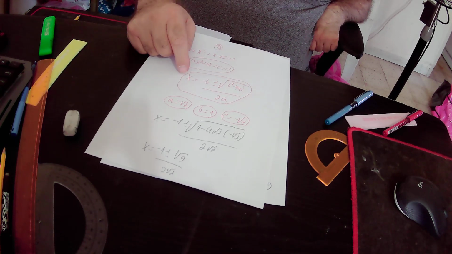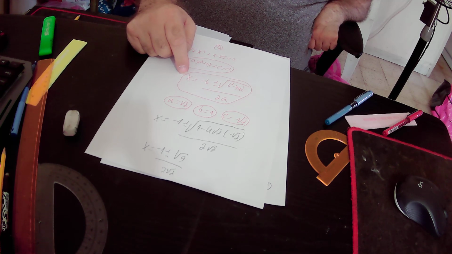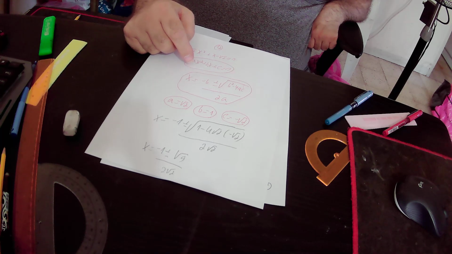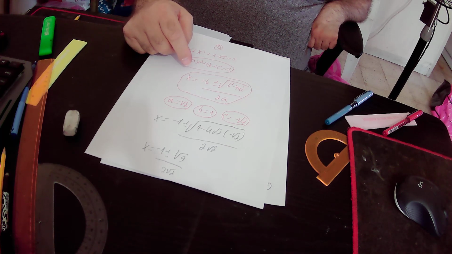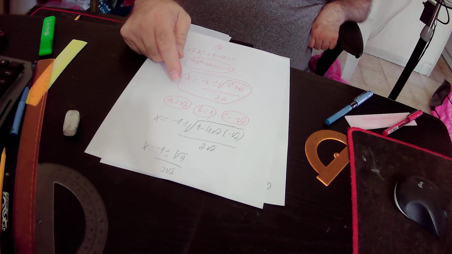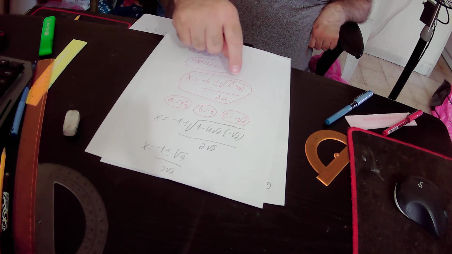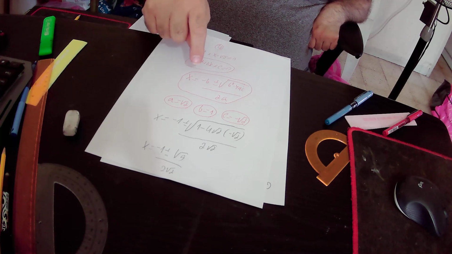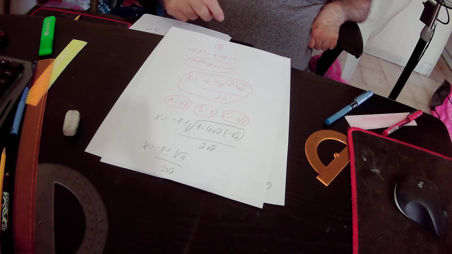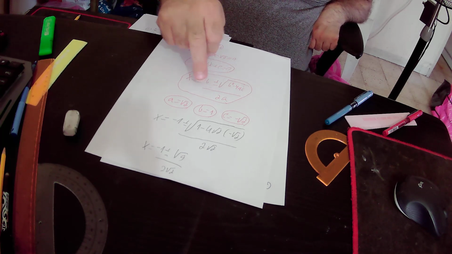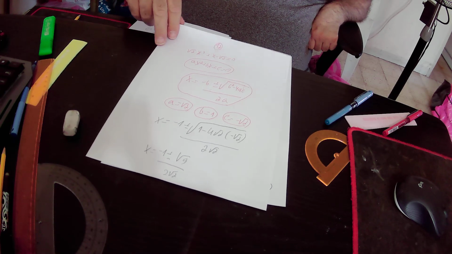And we have, this is the general solution for a quadratic equation, or the solution for x, and x is the variable. What we need to do here is to substitute the values of a, b, and c that we found in our specific quadratic equation into a, b, and c in this general solution for a quadratic equation. So we substituted a, b, and c by the values that we found for a, b, and c,